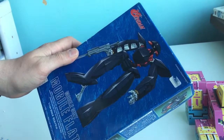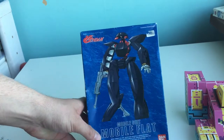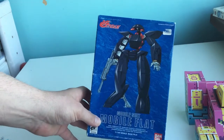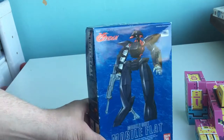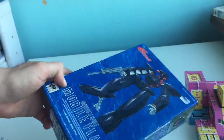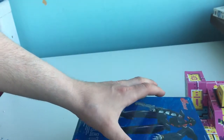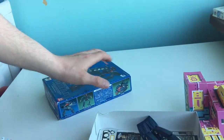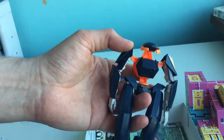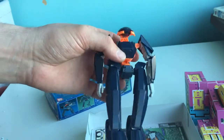This is later than I expected, and I think this is right between the moment they did airbrushing, you know, the old school 90s and 80s airbrushing, and the new CGI packaging. But this is just like from the anime or whatever. I'm not an expert, but this is a really, and that's what I like about it, simplistic color. Again, he's orange. I really like those colors. He's orange and he's a dark blue, and he just looks so,